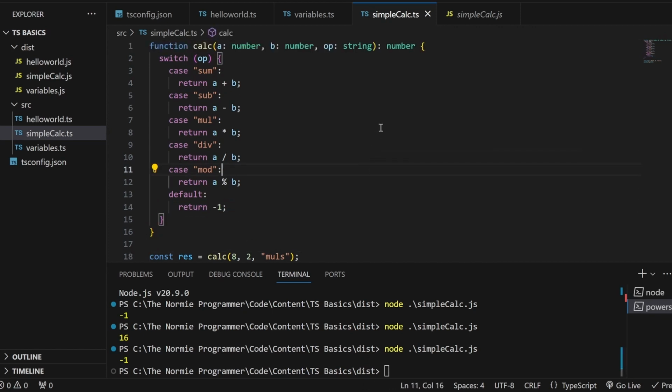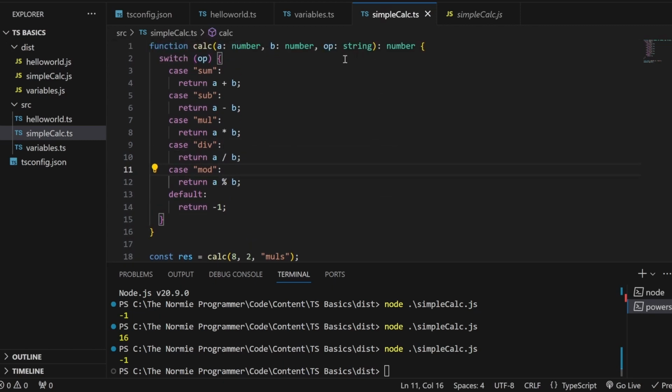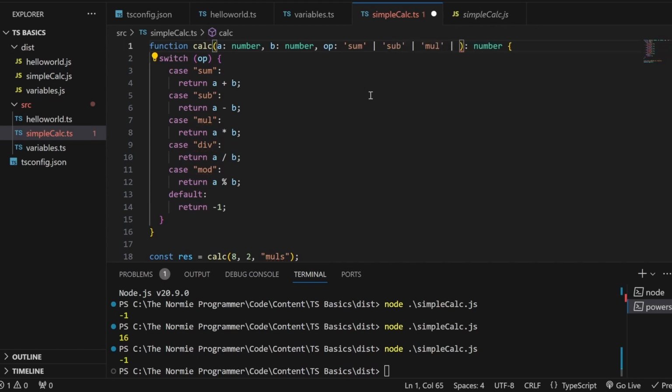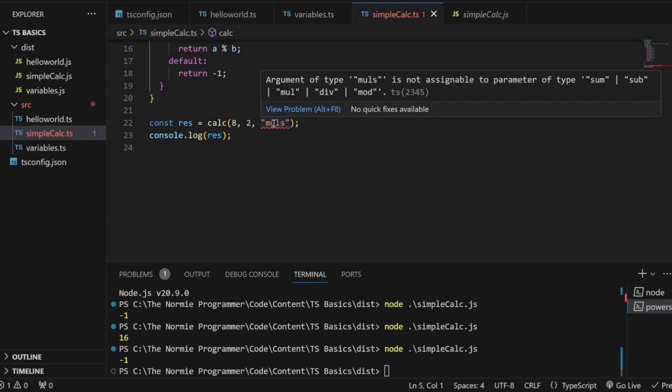But what if we never allow the users to pass something like this? And that is also something we can do. And that is, instead of writing string over here, we can simply write what kind of operation we are expecting. Like there are only 5 types. So I will simply write sum, and this straight line is the or, sub, or mul, or let's say the other two, div, or mod. And now you will find one error, and that is argument of type mulse is not assignable to